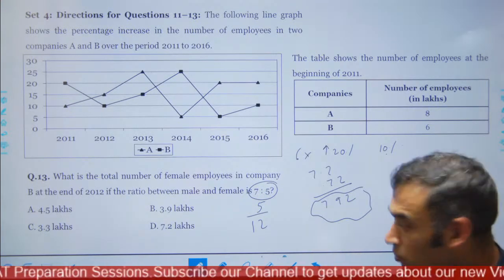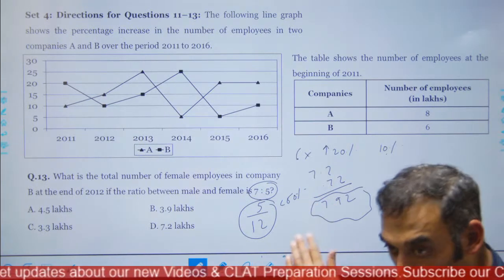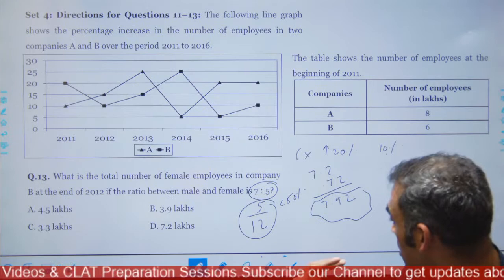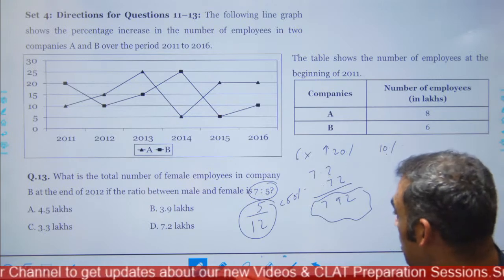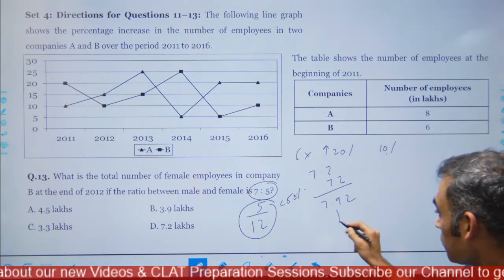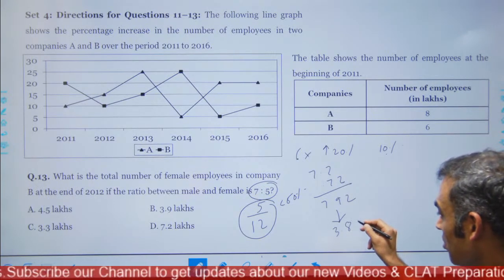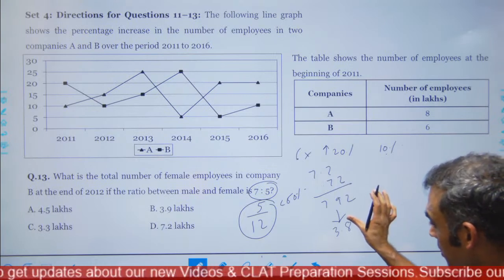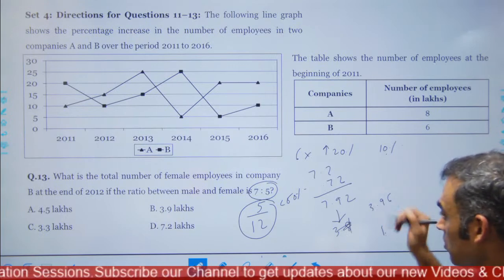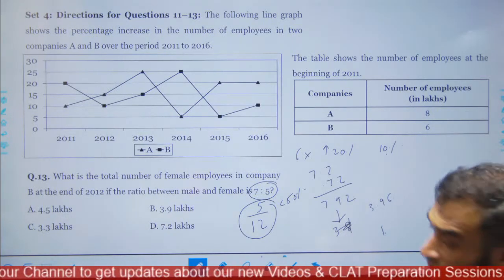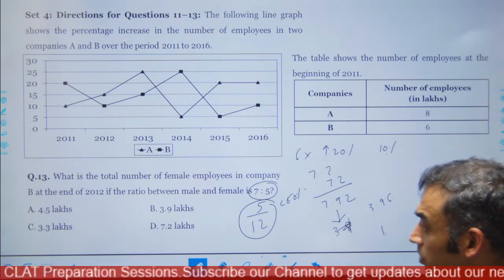5/12 इज गोइंग टू बी लेस देन 50%, बिकॉज इसका 50% जो है ये लेस देन 50% है। ठीक है, ये 5/12 जो है ये 50% से कम है। तो 7.92 का अगर तुम आधा करते हो, ये हो जाएगा 3.96। ठीक है, ये वैल्यू हो जाएगी 3.96 और हमें चाहिए 5/12। सो दिस वैल्यू हैज टू बी लेस देन 3.96।